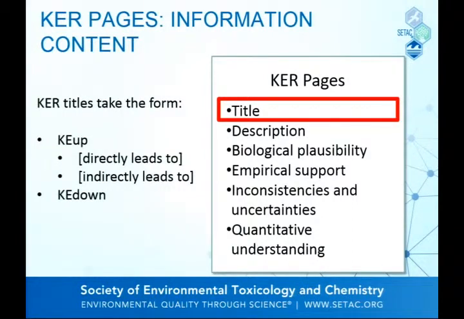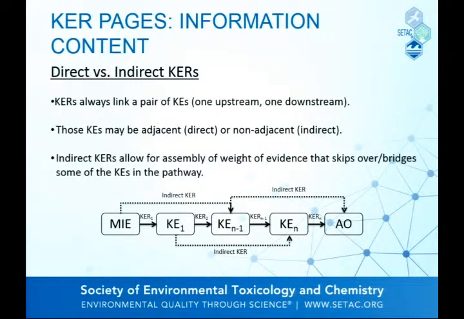And when I started doing this work, it was a little bit confusing to me as a user to understand what is meant by direct and indirect and why these designations are there. Initially, I was thinking about it as a biologist, some indirect, direct effect, and so on. Turns out the main reason for indicating whether something is direct, meaning something that connects two adjacent key events, or indirect, meaning something that connects key events that are not adjacent, is actually to facilitate better weight of evidence assembly.